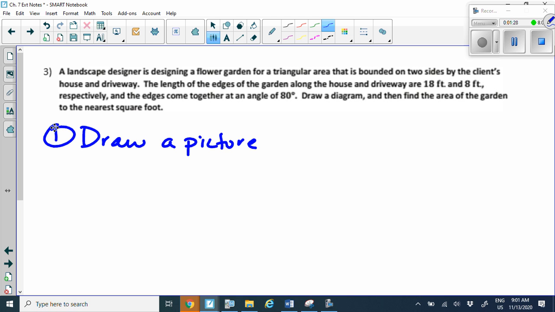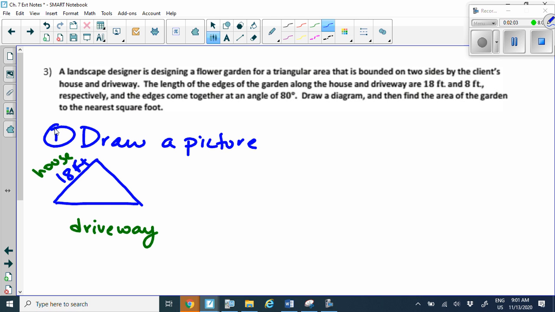Okay, so let's say we have basically here, let's just say that is the house, bounded by the house, and then here is bounded by the driveway. And then of course we've got to finish off this triangle with the third side, okay? So the length of the edges of the garden along the house and driveway. So as I said before, let's make this the house. So it says the house is going to be, let's just say 18 feet, because that was first with the house. And then the driveway,